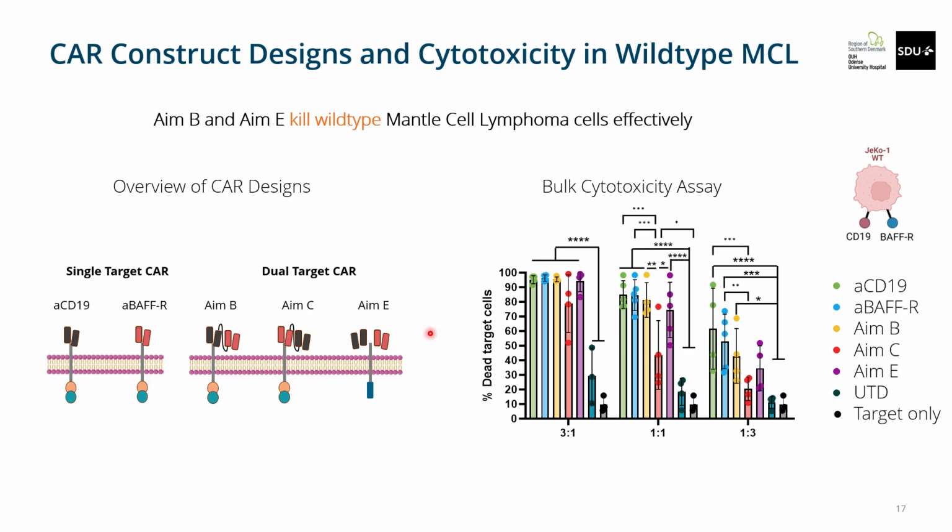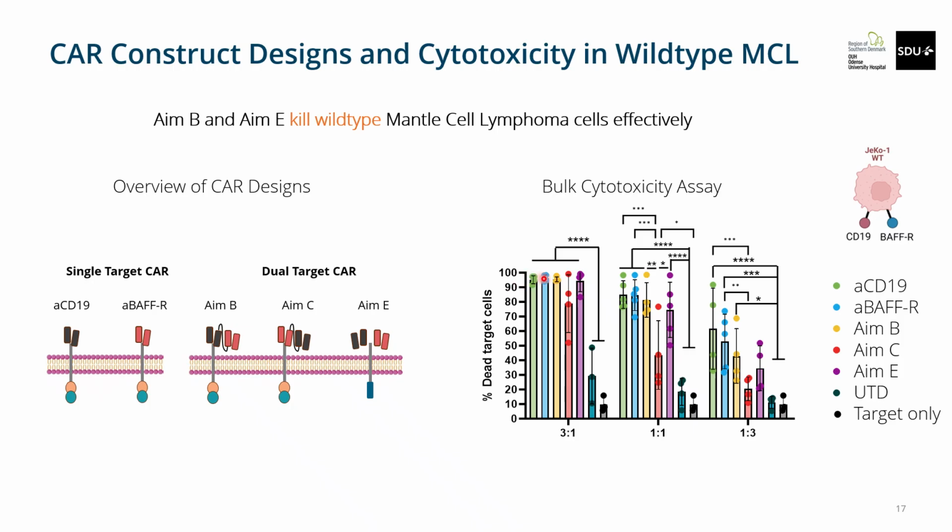And the first experiment to do when you do this is, of course, to monitor how cytotoxic this is. And for this, they did bulk cytotoxicity assays, where they incubated the CAR T cells together with the ECO1 cells in bulk, and then after some time they analyzed on flow cytometry for dead cells. And so here on the y-axis we have percent dead target cells,